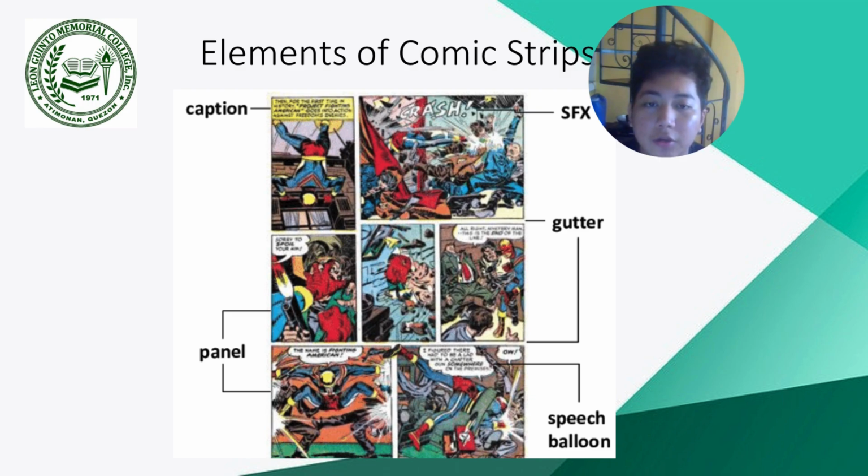The speech or the dialogue of the characters is contained within the balloons or speech bubbles. You can see here is the gutter. The gutter is the gap between each panel. These panels are the chronological sequence within the comic strip.